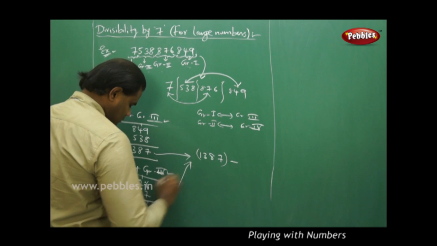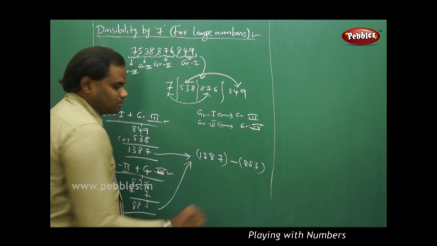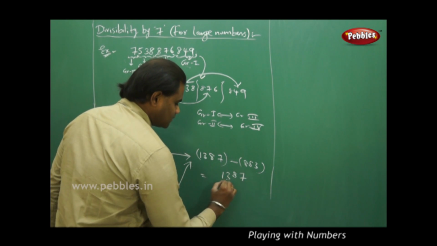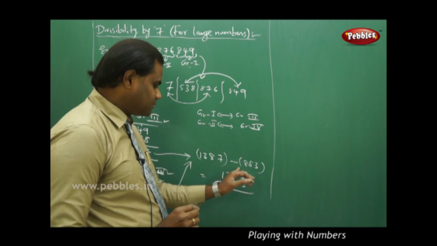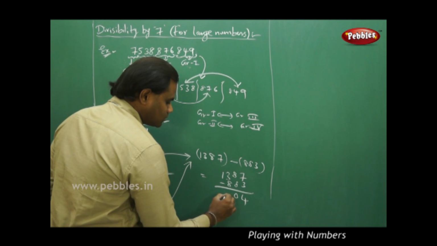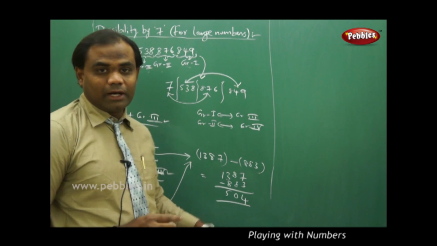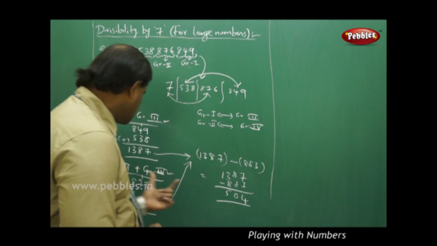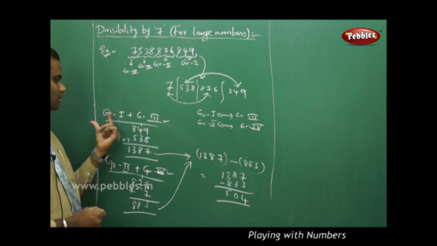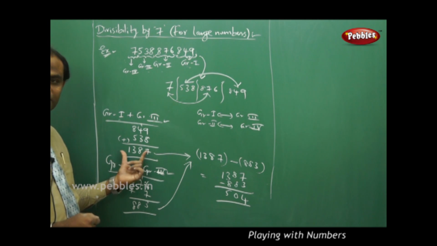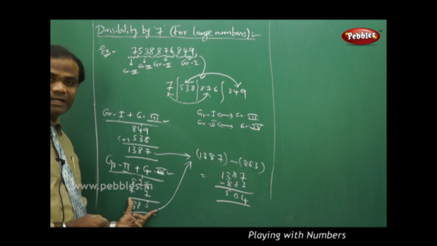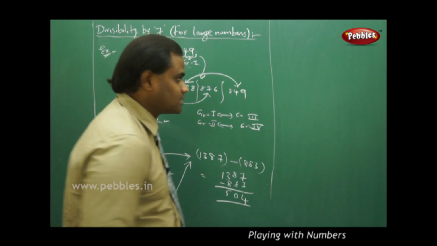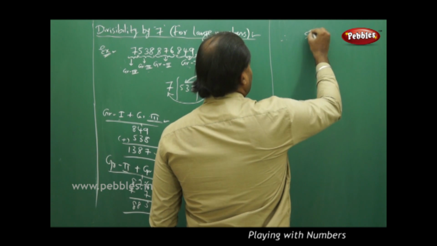I just subtract 883 from this number. So as I subtract 883 from this, I get 1387 minus 883, which on subtraction gives me 504. This is the value I obtain when I subtract 883 from 1387. Now the subtraction is from each of the values as obtained from adding group 1 with group 3, which gave me 1387, and adding group 2 to group 4, which gave me 883, and the difference which has given me 504. So my divisibility rule says that, therefore, clearly